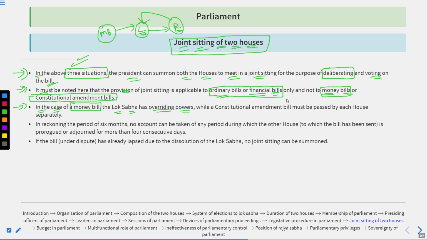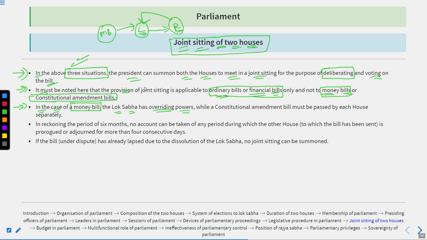Okay. Minimum 6 months time period has been granted. Once the tenure of 6 months has passed and no action has been taken by any of the houses to whom the bill was presented after being passed, then that will be considered as a deadlock. But in the case of a money bill, instead of providing the 6 months,